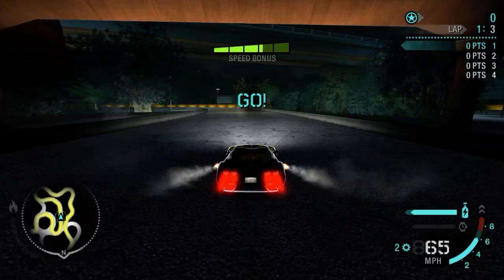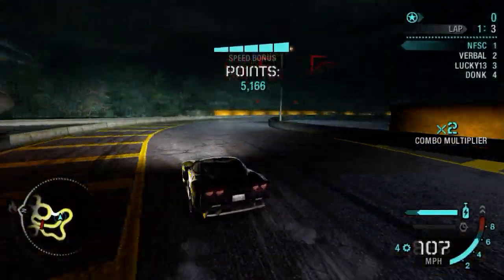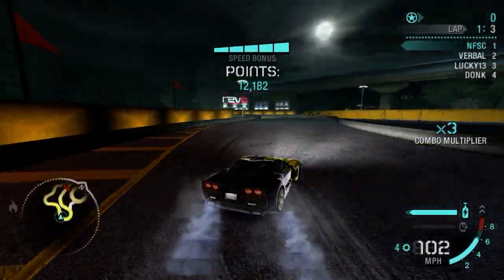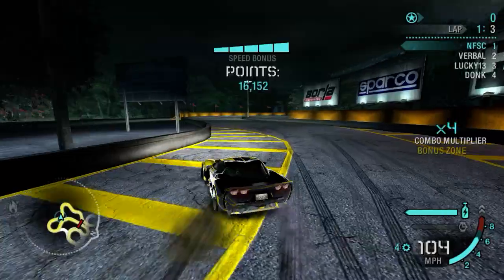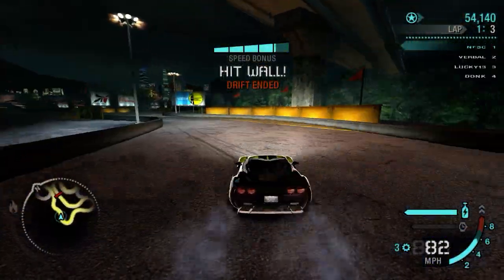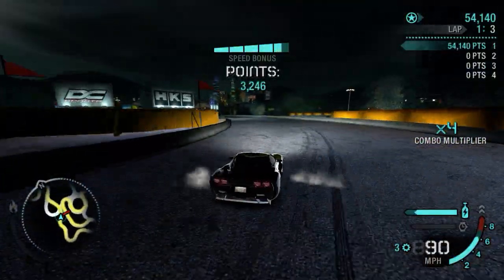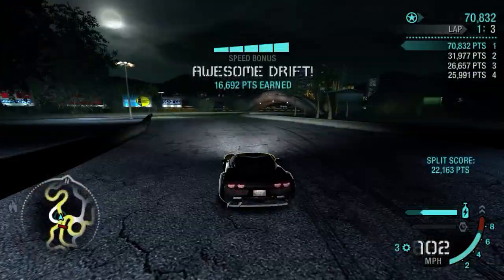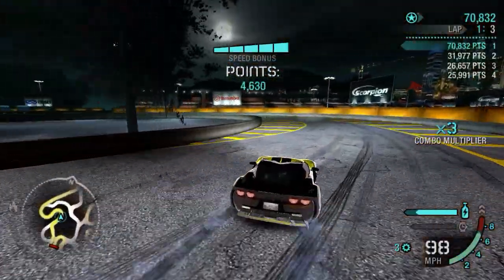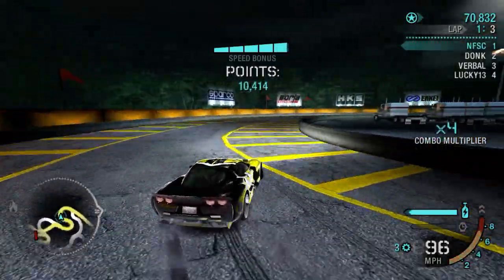Don't really need it for a perfect split start when I can just do that. Okay, now the Corvette definitely feels like a bit of a different beast. This car isn't as forgiving. It's a lot more of a handful. It requires more finesse and balance to really get this Corvette drifting, which is